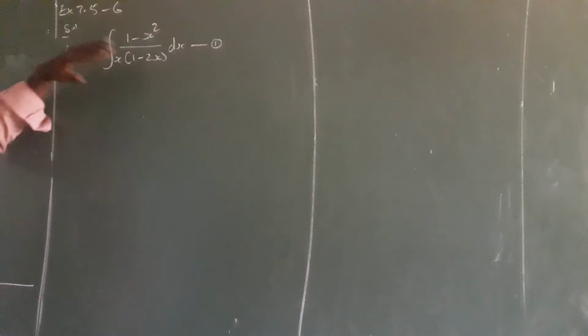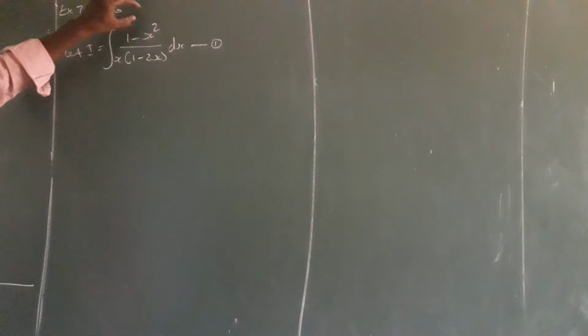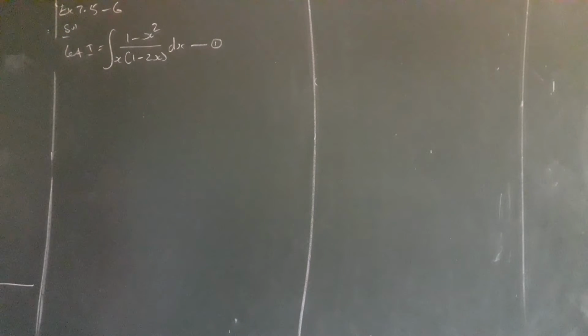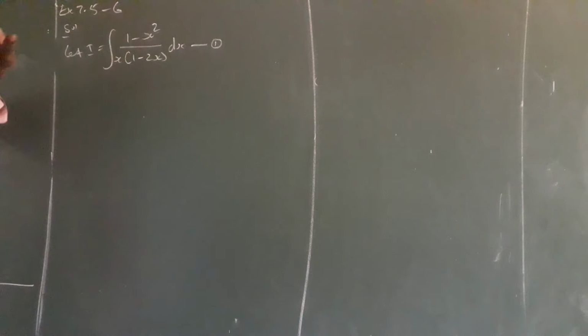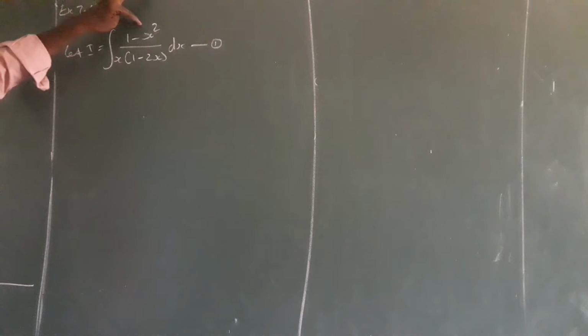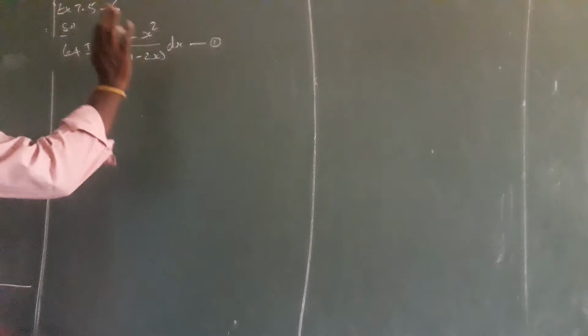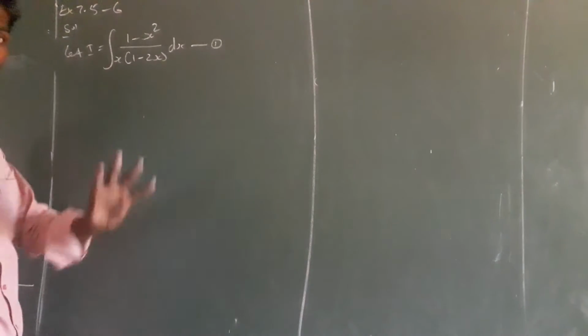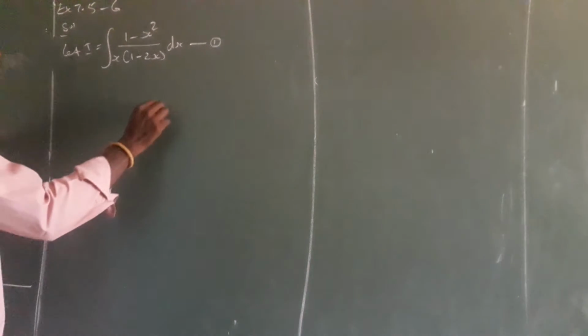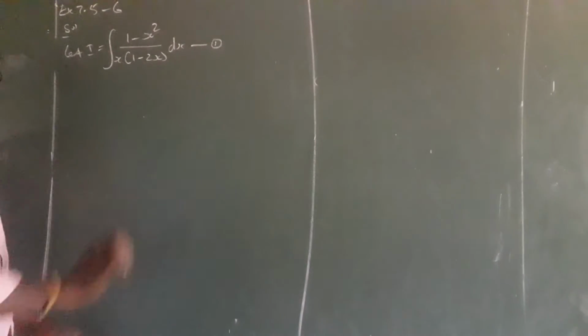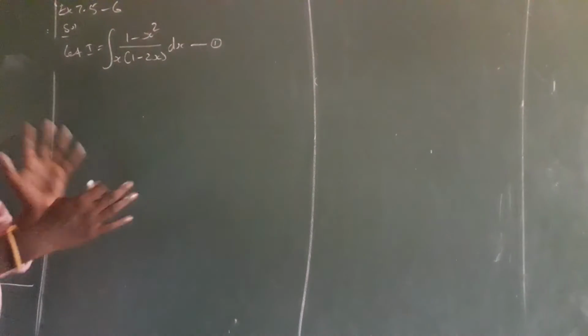So when the degrees are the same, or the numerator degree is more than the denominator degree, that is not a proper fraction. Please remember that when the power of x is equal in numerator and denominator, or the numerator power is more than the denominator, it is improper. So you have to divide by the denominator value, then change the improper fraction into a mixed number. Any improper sum you can change into a mixed number, so you are going to change it into a mixed polynomial.